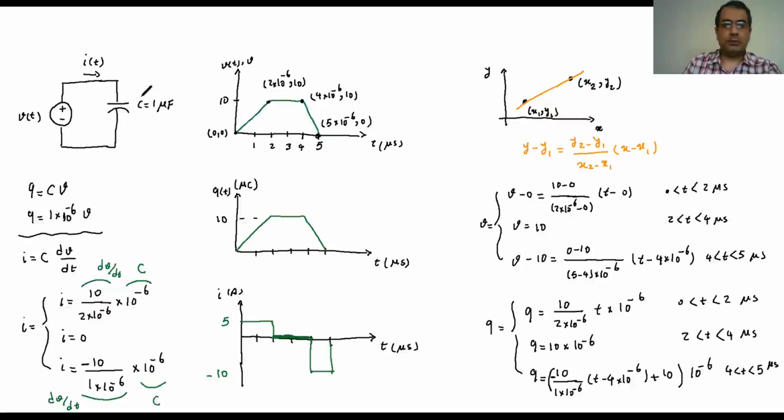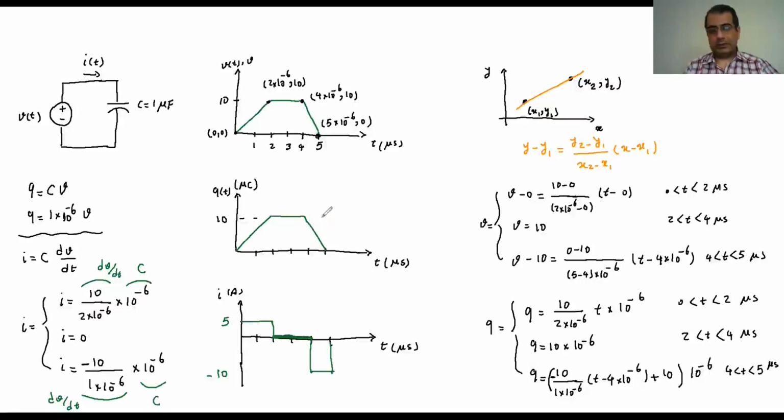So as soon as the voltage becomes constant, it's like an open circuit. It doesn't let anything go through any further. And then as soon as the voltage starts to drop, you will see that it starts to release its charges. Basically, in this part the voltage increases, it's charged, it stores the energy. Then when the voltage is constant, it doesn't do anything. When the voltage is going to drop, it's going to release back the charges it already stored,